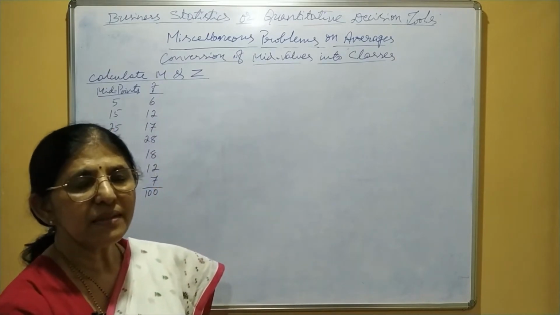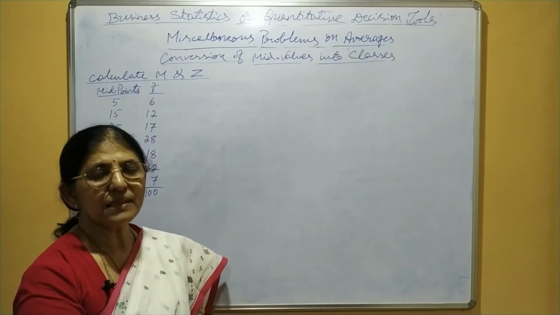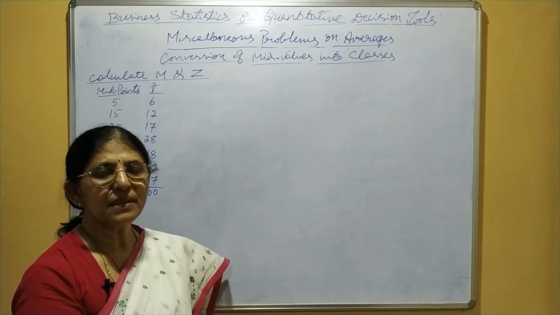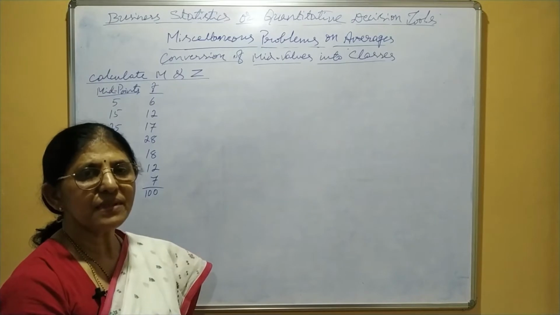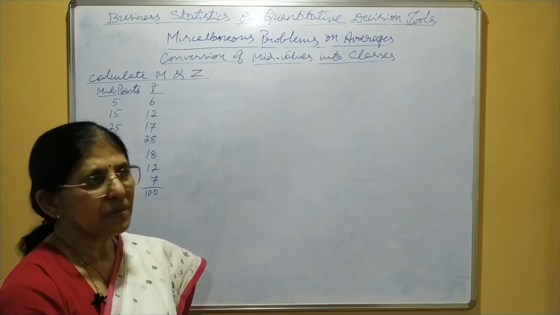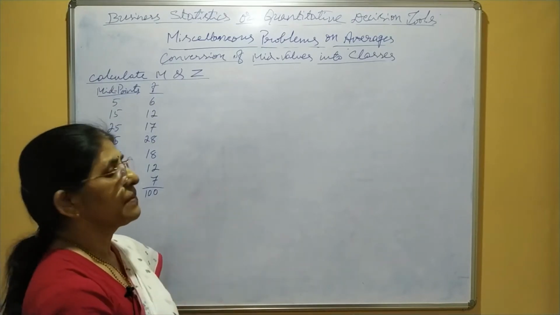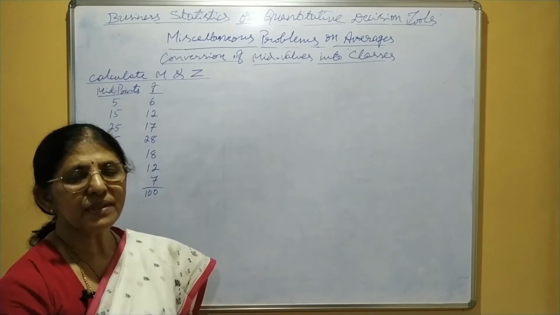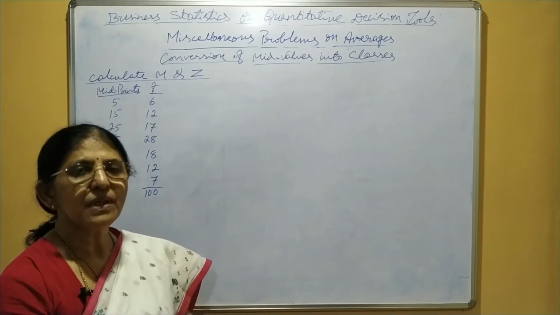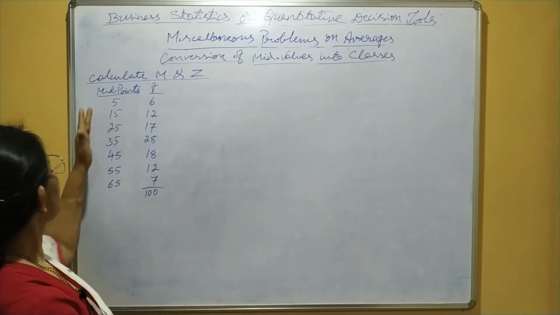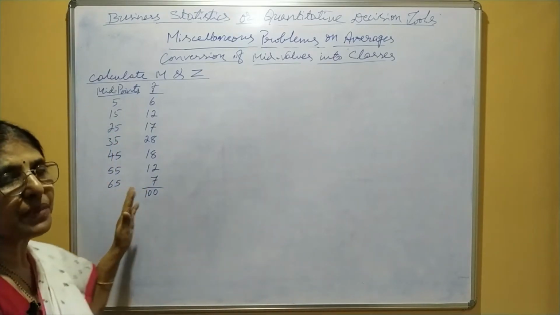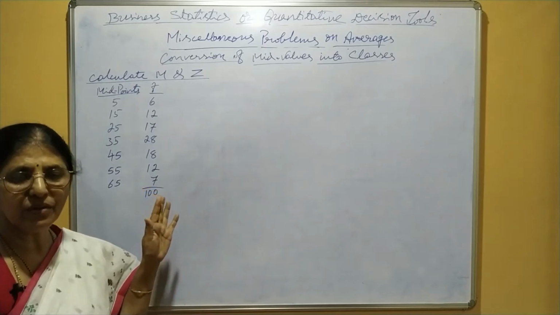That means instead of giving classes in the case of a continuous series, it may be given mid values. Under a continuous series, when you have to calculate the arithmetic mean, the first step is to find the mid value. Instead of giving the classes, it may be given midpoints or mid values. Midpoints are nothing but mid values.